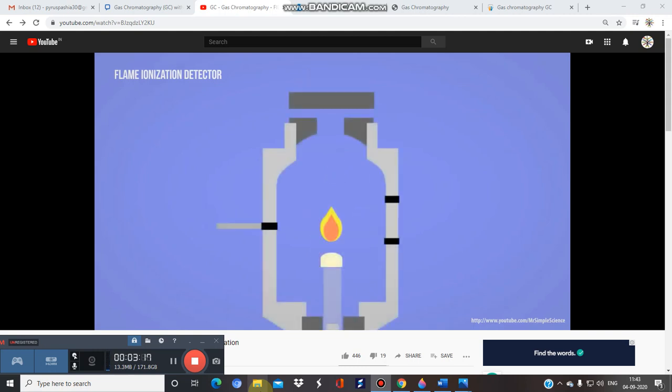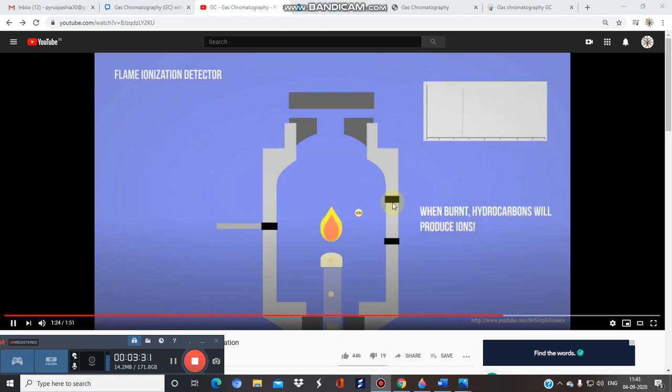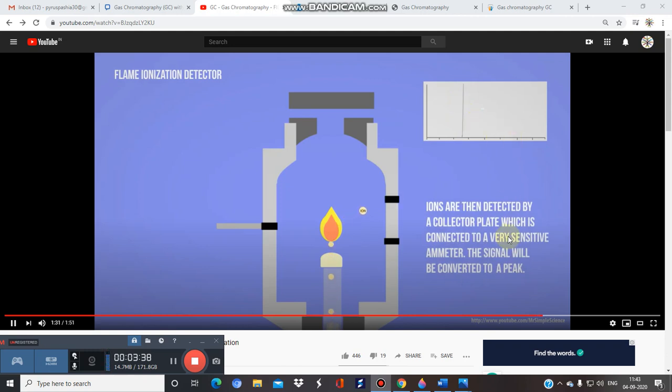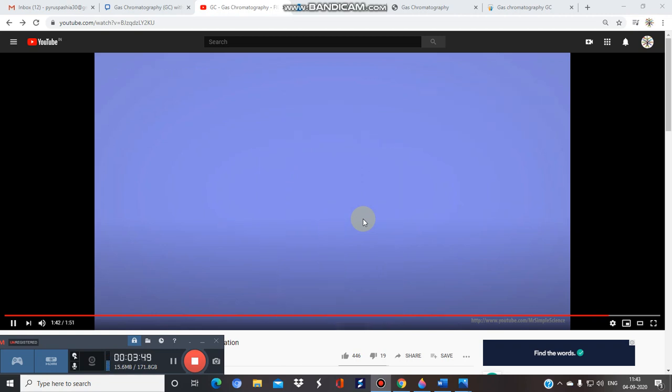Now what happens? After the production of this flame, our samples, or you can say the mixture that is separated, will hit the flame. Analytes are burnt by the flame, so it produces ions. These ions hit the particular plates, or you can say the detector plates, and give a particular spectrum or graph. We have to obtain this peak signal and interpret it to find out what is present in these ions, or what compounds have been identified or screened.